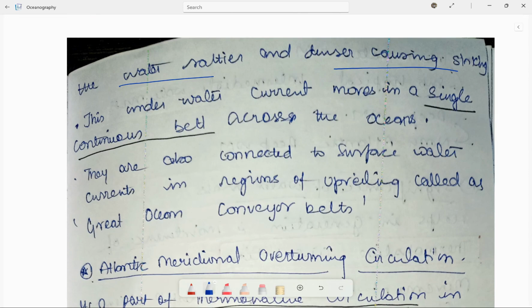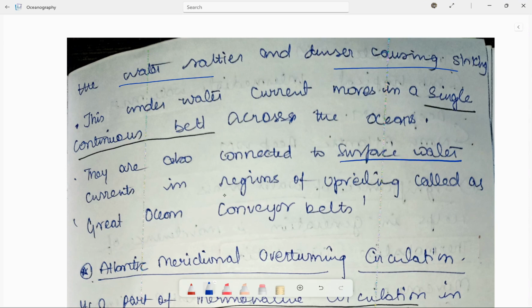नाउ इतना सरफेस करंट्स क्यों इतना वेव लेता है या इतना फॉर्मेशन क्यों है? बिकॉज ऑफ द लैंड, क्योंकि इतने सारे कॉन्टिनेंट्स प्रेजेंट हैं, इट हैज टू टेक द फॉर्म. बट वाटर के बीनीथ तो इतना कुछ लैंड फॉर्मेशन है ही नहीं, सो दे आर इन अ सिंगल एंड कंटिन्यूअस बेल्ट अक्रॉस द ओशंस. They are connected to the